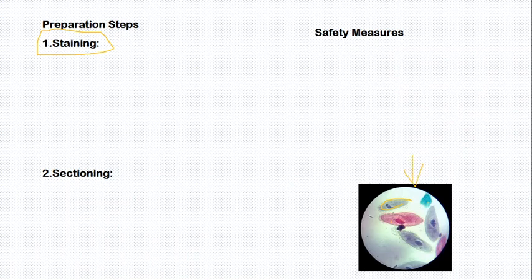Suppose that it is transparent, you can't see anything. But by staining, you give color to that object so that you can observe it under light microscopy. The other thing, as I told you, is sectioning. Suppose that you have skin and you want to observe the elements of the skin under light microscopy. Okay? So imagine this skin,